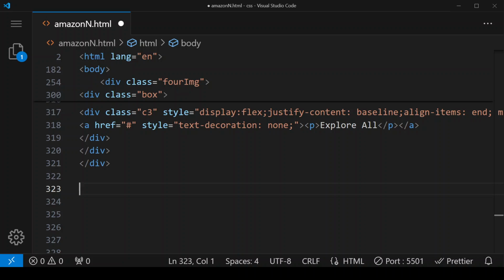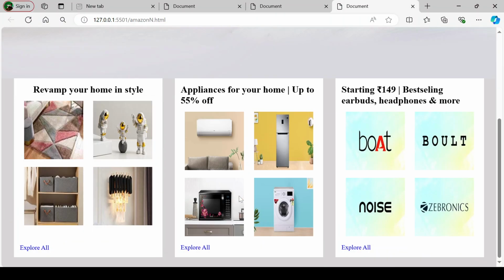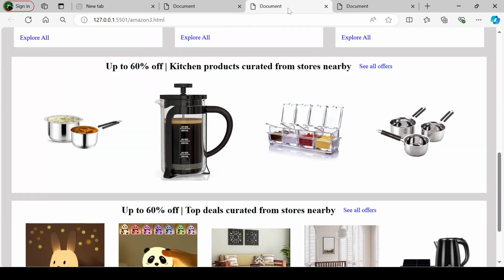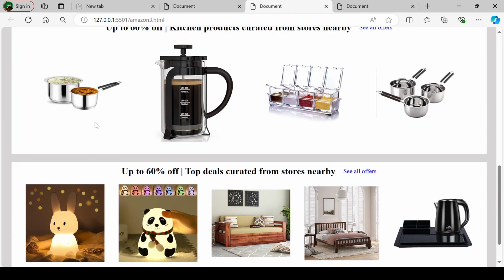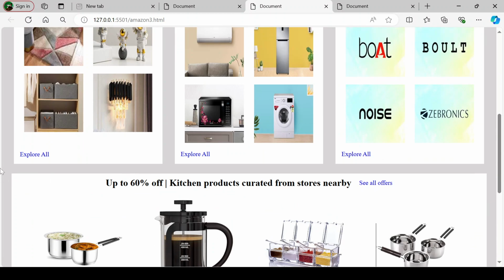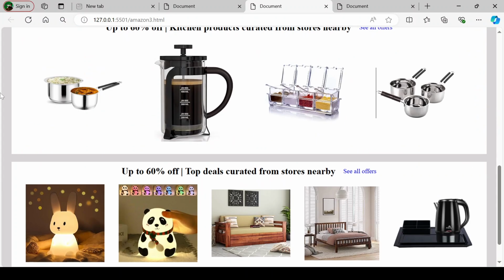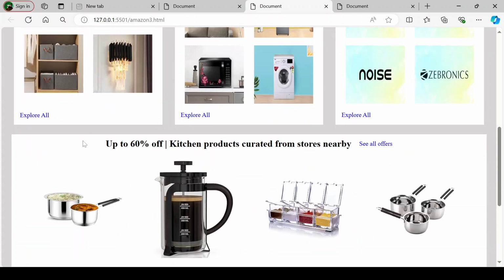In the previous video we designed the Amazon site up to this point, and today we are going to design two more sections of it, this section and this section. Both these sections are similar. First of all, we have to take a div. I'll name it image gallery, and this gray part, we can see its background, holds this gray part, and within it I will take one more div, which I'll name imgs, that is this white part div.